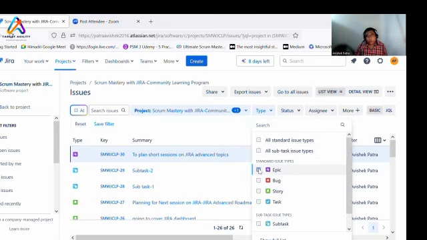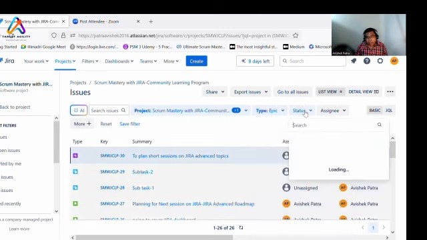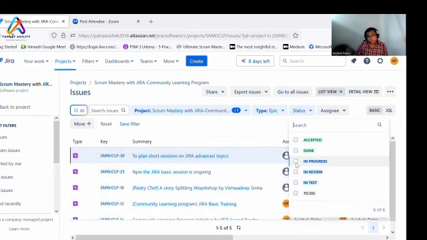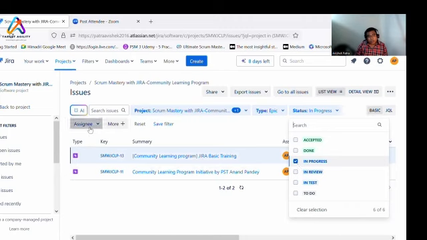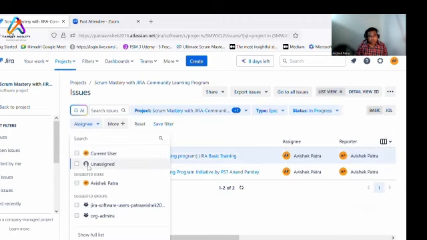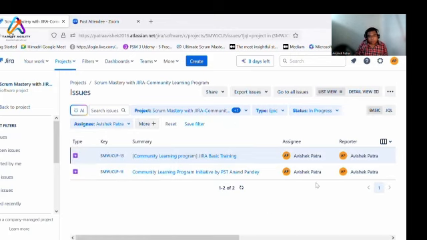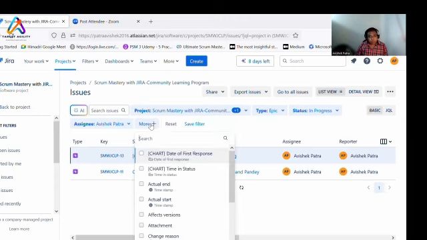If I want to see how many epics are in progress and who are the assignees, or if I want to see, of Abhishek, how many epics are in progress, you will get this data. You can also select more conditions.